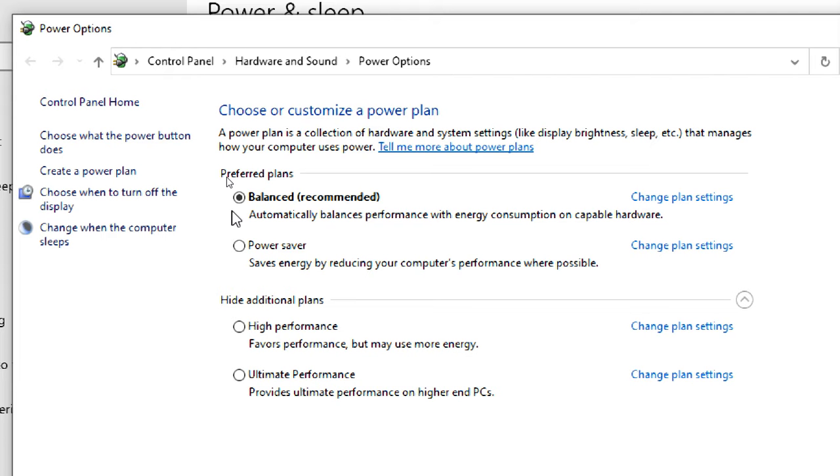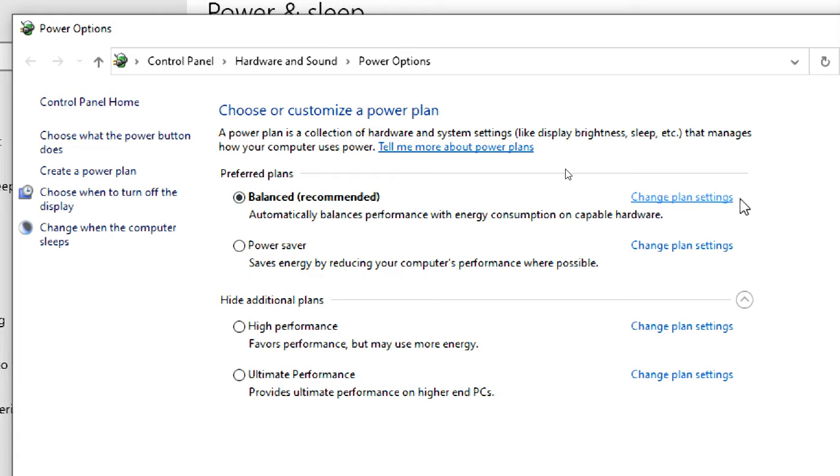If you are doing a very big task, you have put it on full charge and connected to the charger, meaning an AC supply connection, and you are doing some serious work, some copying or installation is going on, then don't let your PC go into sleep mode or screen off mode, because that causes problems. So you can put it in high performance mode. Ultimate performance is more than normal high performance. So what is the difference? How to understand the differences?